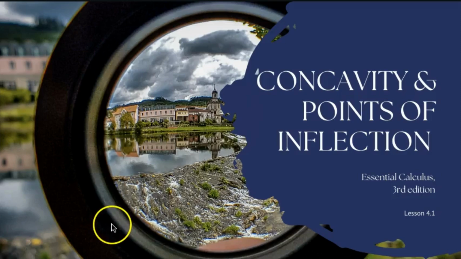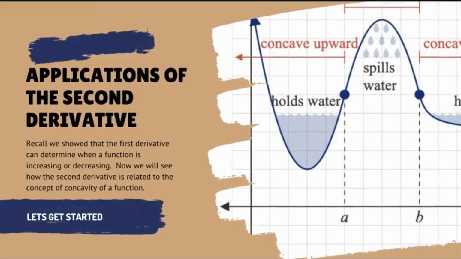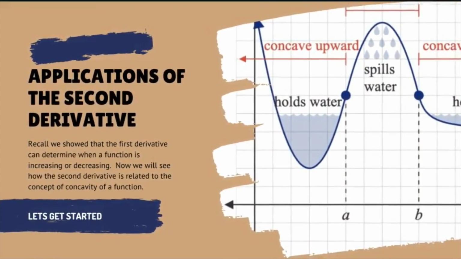The surface of the lens is uniformly curved like a bowl that holds water. And in lesson 4.1 on concavity and points of inflection, we'll see how the word concavity relates to the curvature of the concave lens. Before we begin with this application of the second derivative, recall we showed that the first